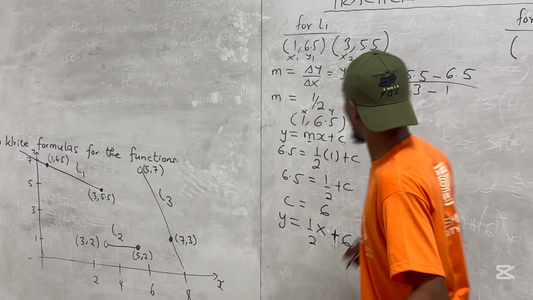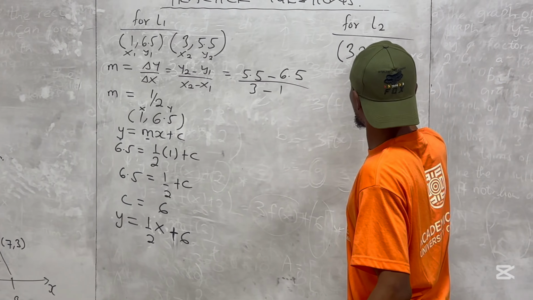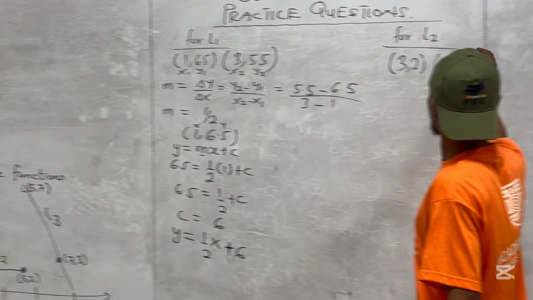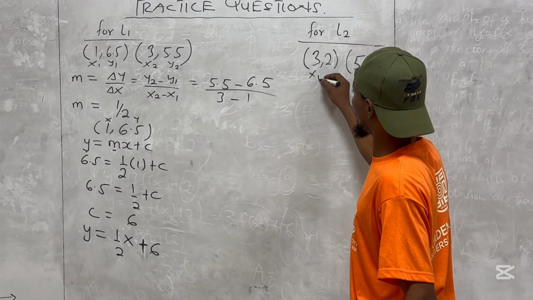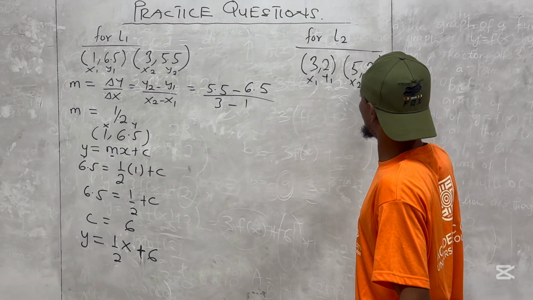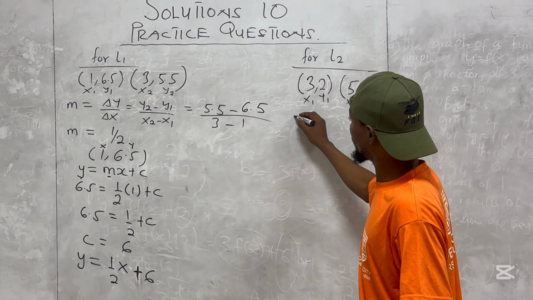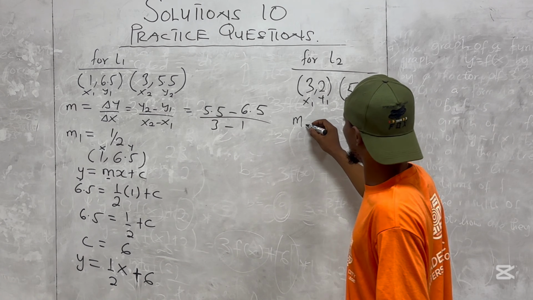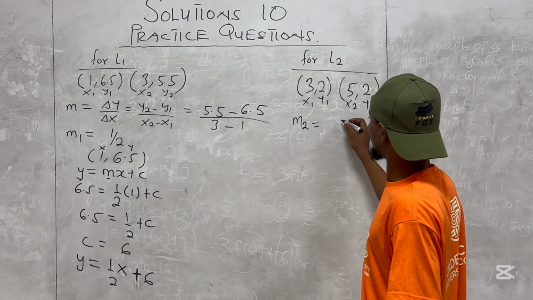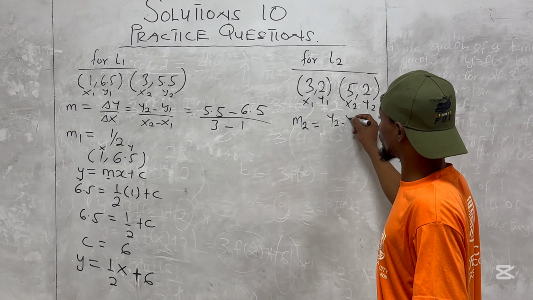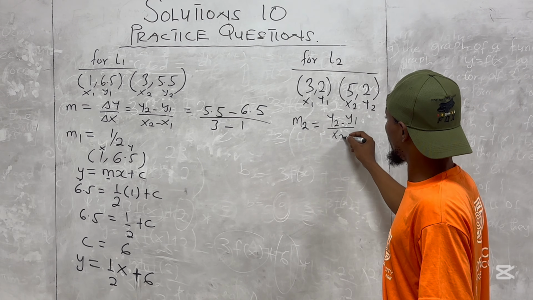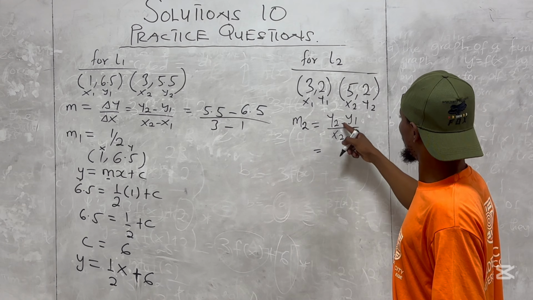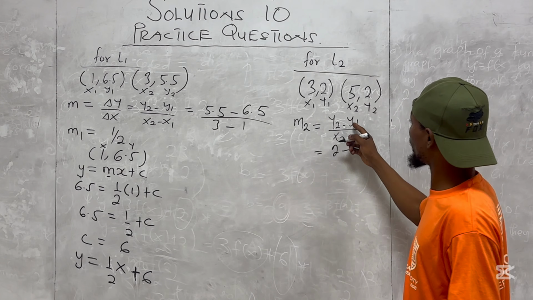So we have 3, 2, then we have 5, 2. So this is x1, y1, x2, y2. So this is gradient 2, which is equal to y2 minus y1 over x2 minus x1. So we have y2 is 2 minus y1, which is 2,